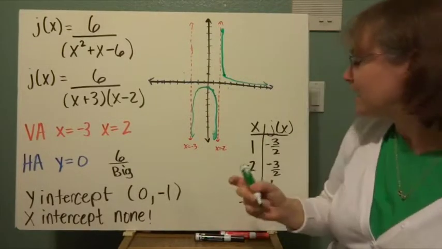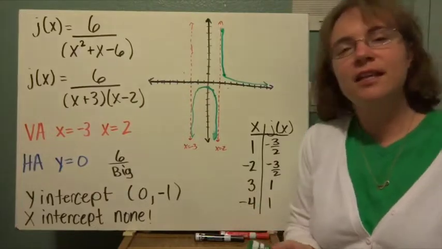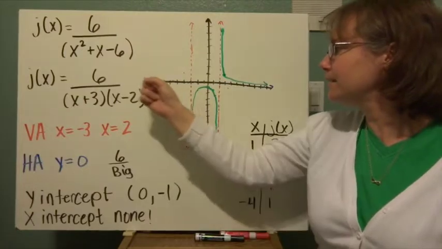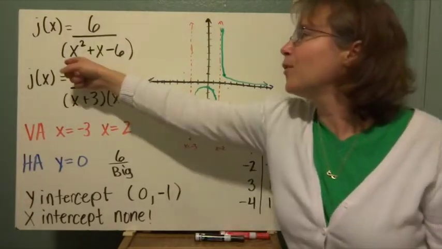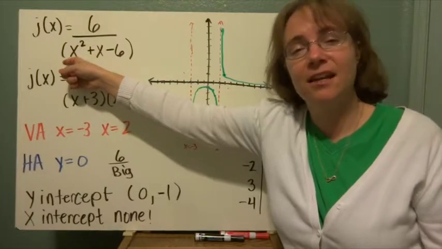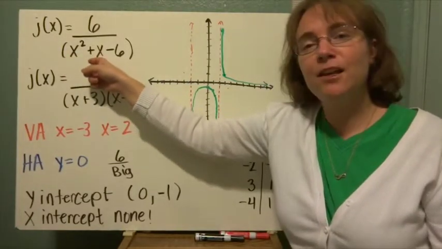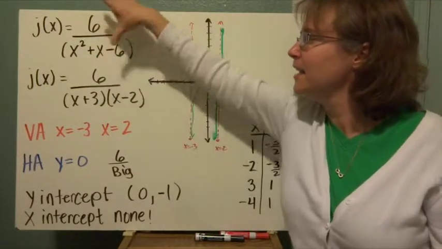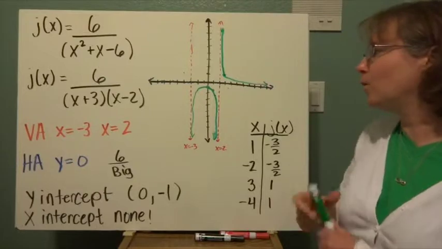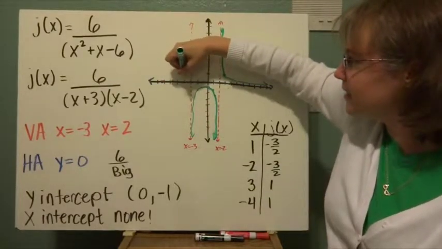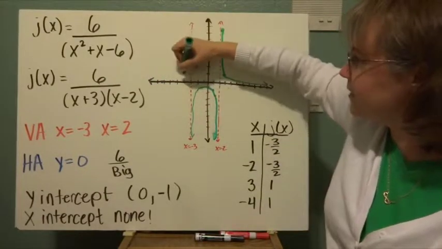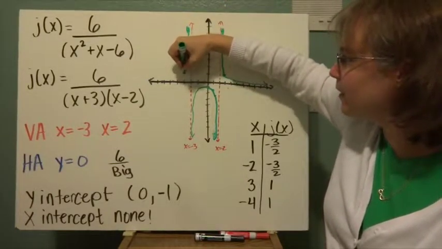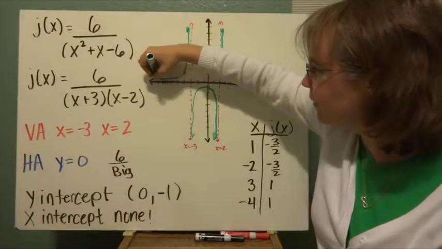and over here. Now I want to look at the other side. I'm going to choose a negative 4. That's over here on this side to kind of see what the graph does, if it's like this or if it's down here like this. Negative 4 squared is positive 16, negative 4 times negative 4, plus a negative 4, which is going to give me 12. 12 minus 6 is 6. And again, I have 6 over 6 or a 1. So just like this. And then it looks something like the other side, approaching that asymptote, curving down, and approaching